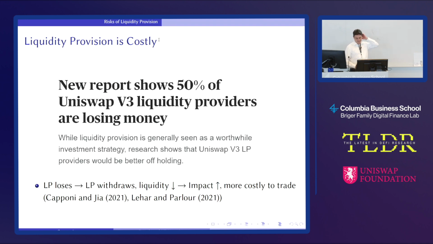Yeah. So the idea is that, as I mentioned, this could be a problem. This is a problem for liquidity providers because they are essentially being extracted of the more valuable token and being left with the least valuable tokens.